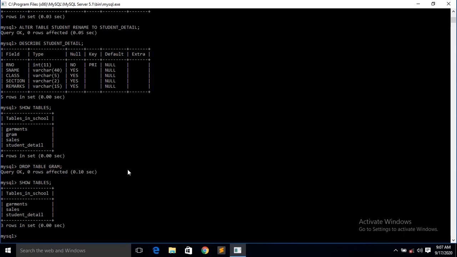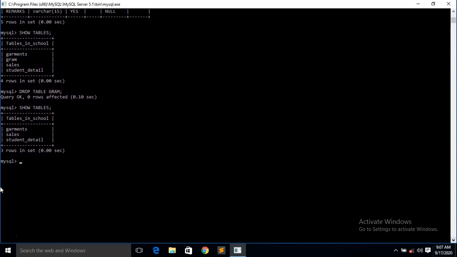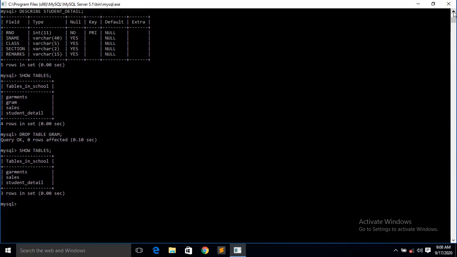So let me show you both. Here you see, constraint is only added in the roll number.